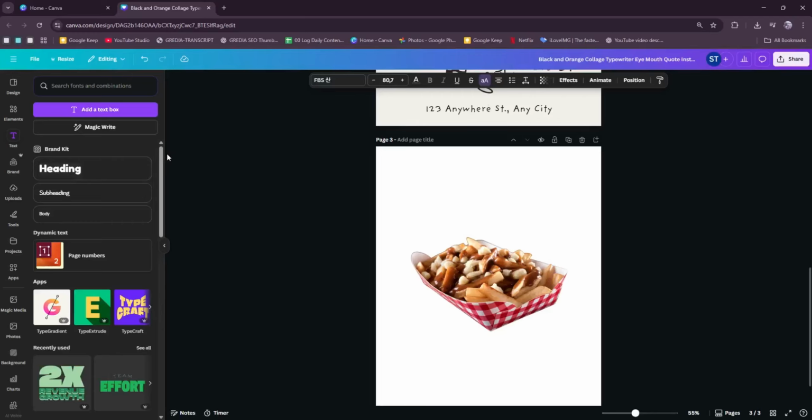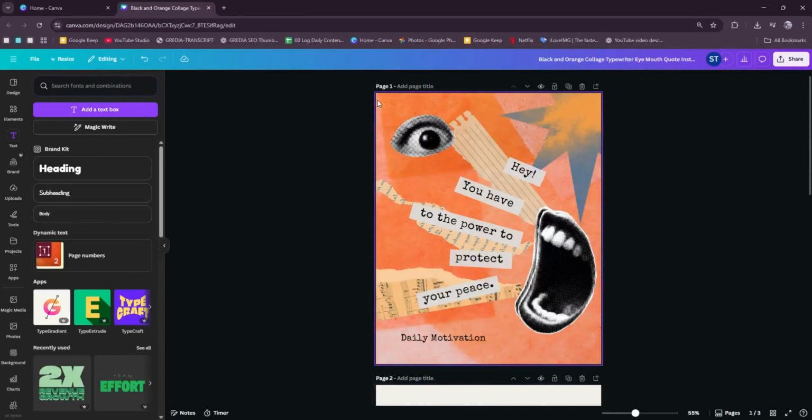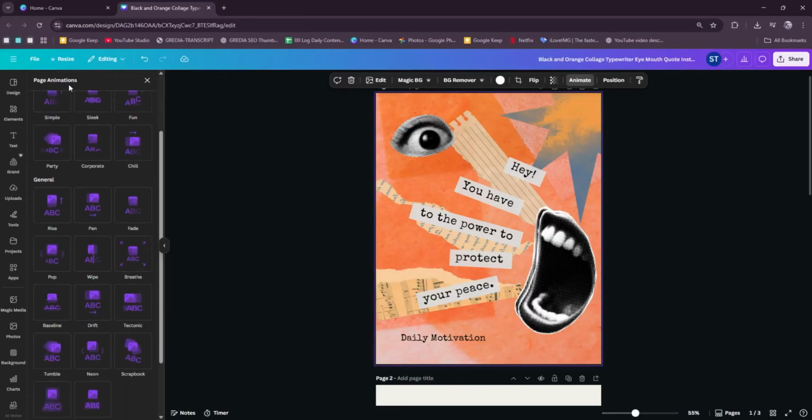And the next one is page animation. So for Reels or TikTok, you can apply page animation. You can just click on the page in here, and then here you can go to animate, and here is the page animation. You can just choose the animations that you want,